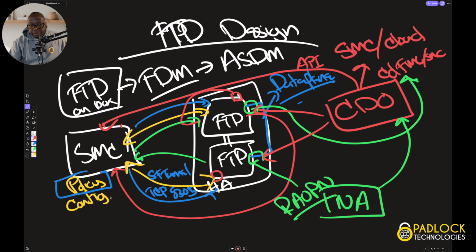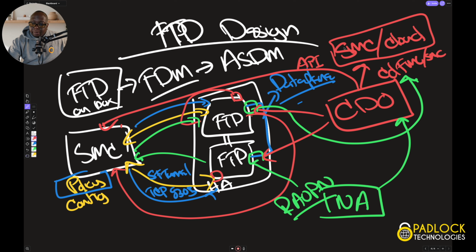Now, in order to do this, you do have to give it an external IP address, because it's going to ask what's the FQDN externally to get there. So you're still going to have to go through your FTDs to get to the FMC, your local FMC, and then get to the FTD. That's why this whole cloud